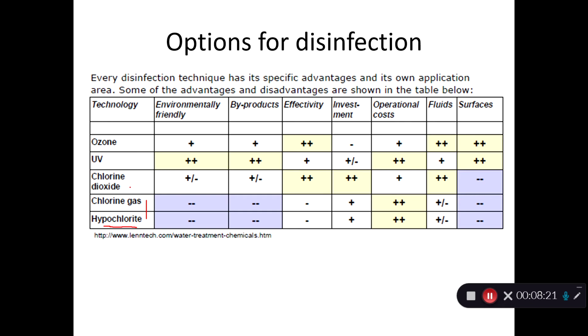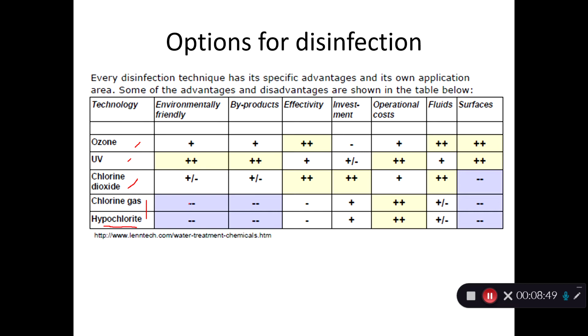Again, chloramine, for some reason, is not shown here, but here's chlorine dioxide, UV, and ozone. And you can see they're ranked by some different factors. Are they environmentally friendly? Well, chlorine is really not environmentally friendly. It's corrosive, nasty stuff. It takes a lot of energy to create it, which means greenhouse gas emissions. So it's not really very environmentally friendly. UV is the most environmentally friendly. Even though you do have to generate the UV light, that takes a lot less energy than it does to